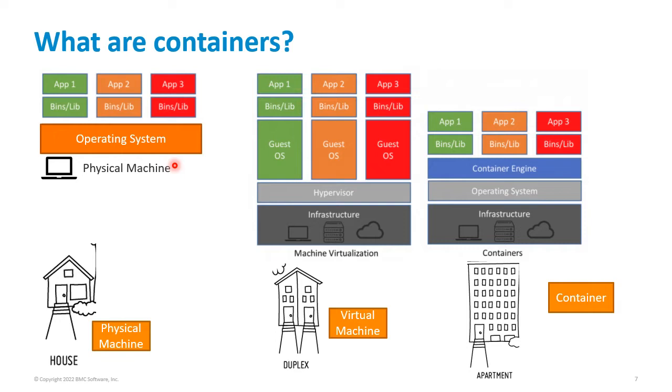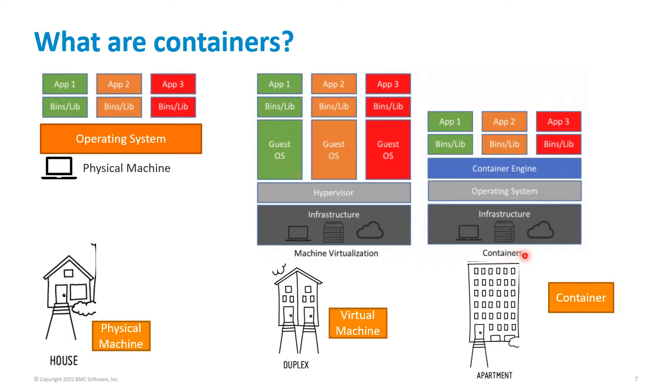In addition, in the physical machine, the load could be very low, so you could have physical machine sprawl. This problem is somewhat addressed in machine virtualizations with VMs, where the same piece of physical hardware can run multiple guest OSs. However, all these OSs contain all the calls to make it a fully functioning operating system. So the apps are somewhat isolated, but there's still a great deal of overhead and inefficiencies.